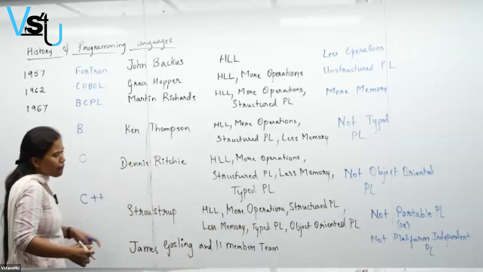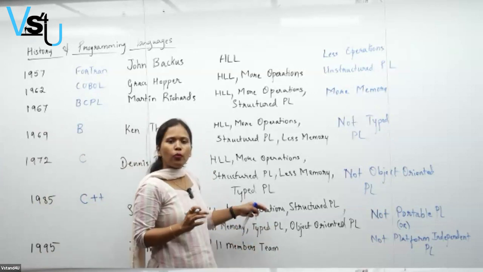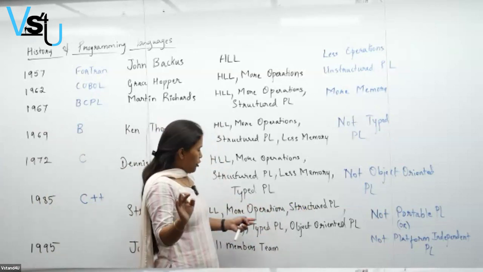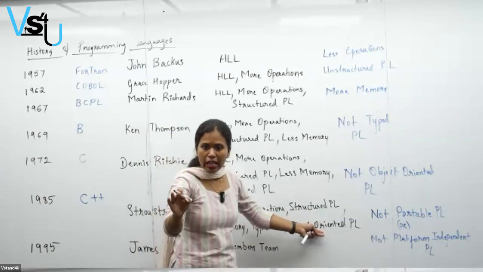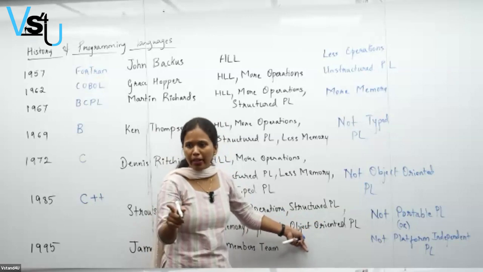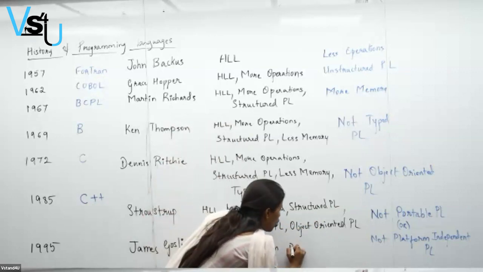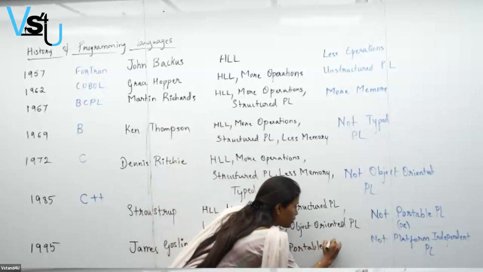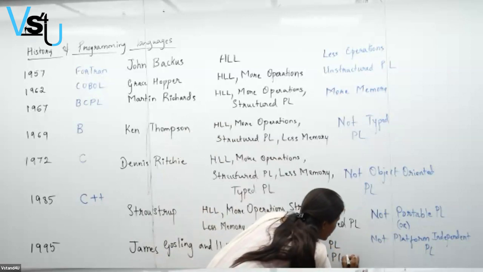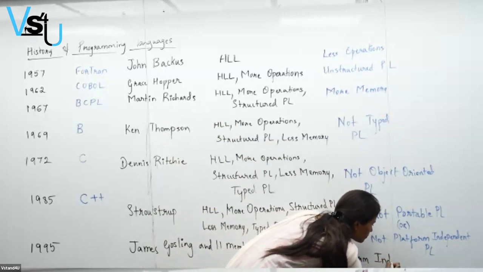Okay. Everything was there, dear students. This language had everything. It was a high level language. It performed more operations. It was structured programming language. It occupied less memory. It was typed. It was object oriented. Along with that, see, I don't have place here. I'm not writing all of that. You all should repeat it while you are copying. Okay. The main thing was this language was a portable programming language, or in other words, it was a platform independent